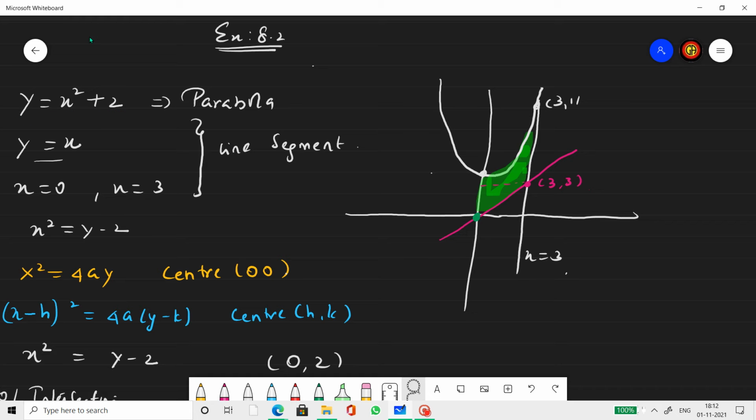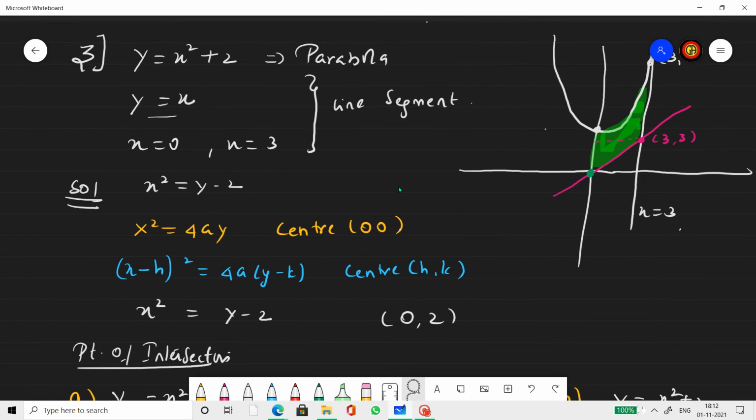Well, how do we understand that this is an equation of parabola? The standard form of equation of parabola is x square equal to 4ay. We have x square here, but when it is x square equal to 4ay form, the center is 0, comma 0. When you have a term in addition to that x square equal to 4ay form, which is in plus or minus form, then the center is not definitely 0, comma 0. The center has been shifted from 0, comma 0 to some other value.